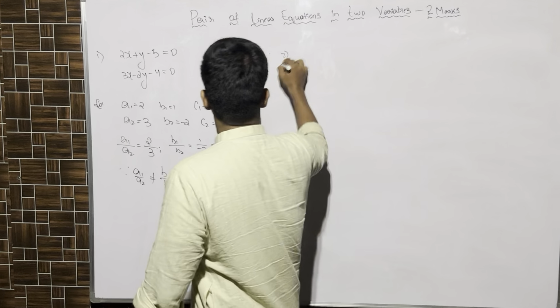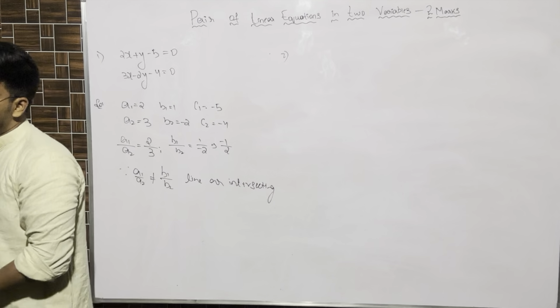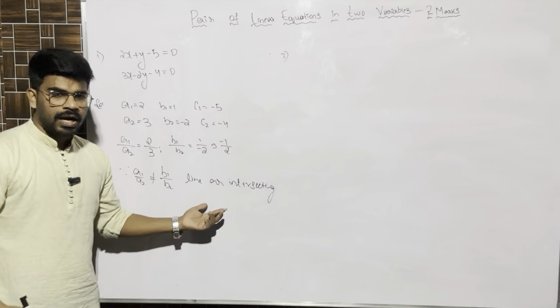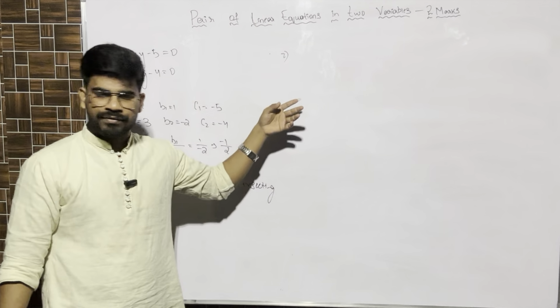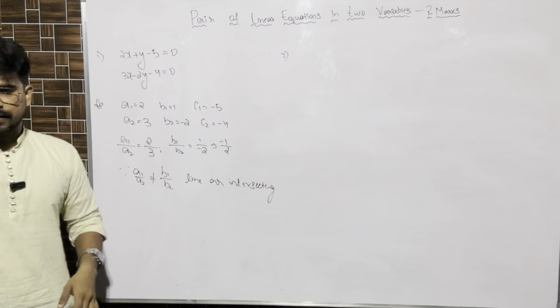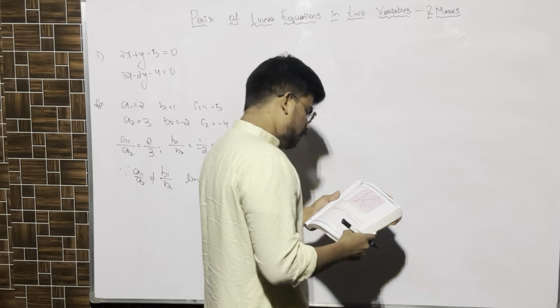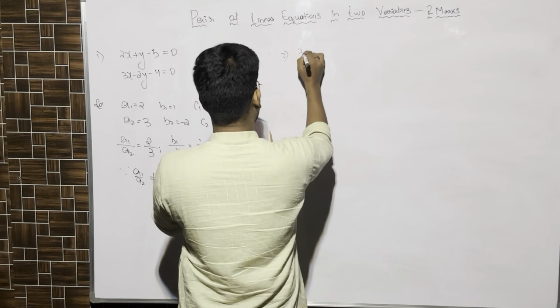Next, a similar type of question, one more we'll do. This is actually part of a 4 marks question. We have to prove it till here. Now, continuing from here, we have to prove that graphically. We have to draw the graphs and prove that the lines are intersecting for 4 marks. While solving the 4 marks question, we'll do that. As of now, let this be. Next question.